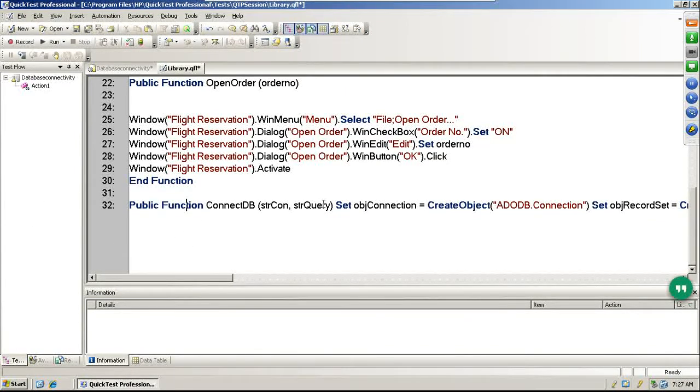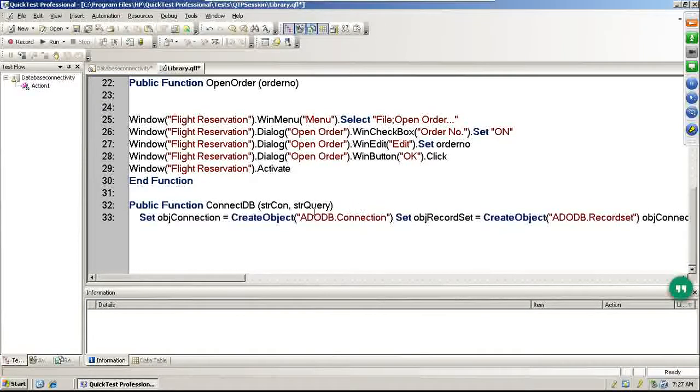So this is my public function. The function name is connectDB, and I am taking two arguments here: string connection and string query. Now I am separating it into each line.